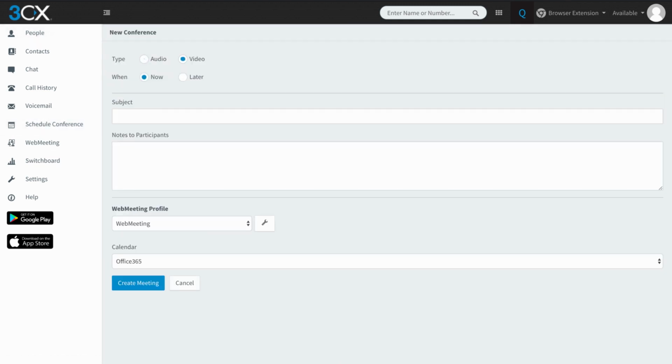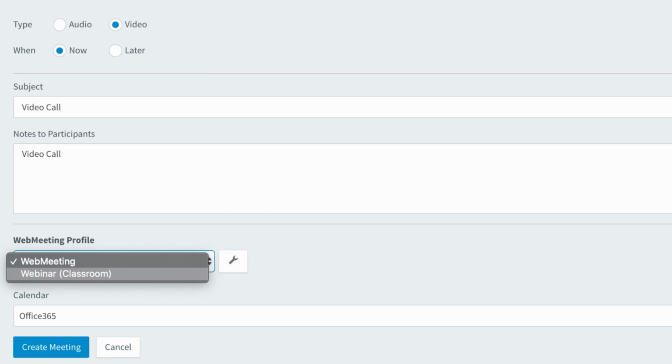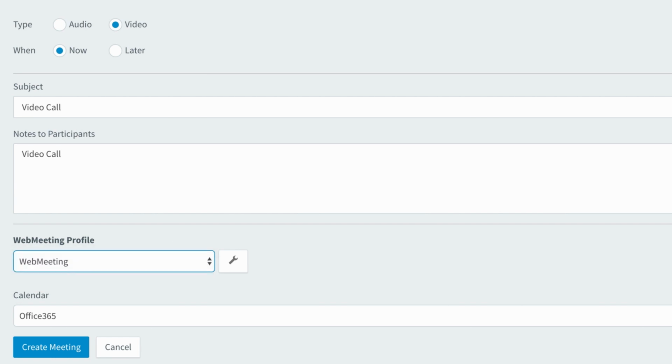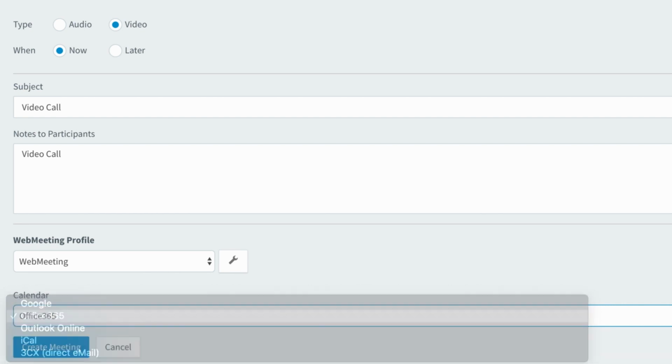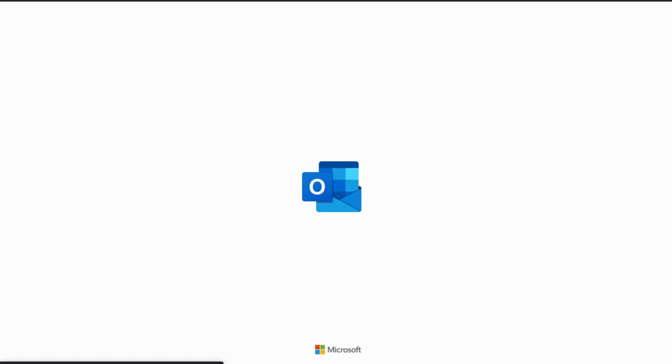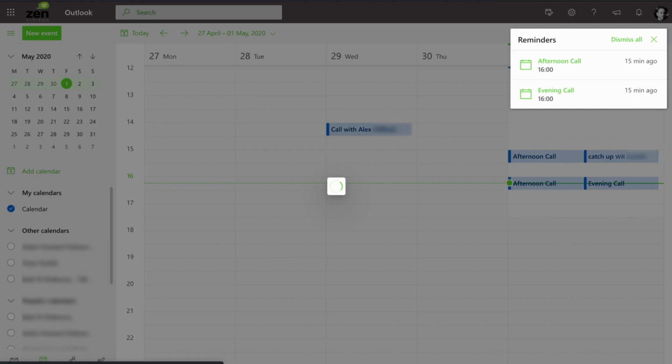We're going to go Video, and we're going to select Now. We'll call it Video Call. Just put the same details in here, and we're going to select the web meeting profile. You have the choice between web meeting and webinar. And under calendar, I use Office 365, and we're going to select that, and then we're going to hit create meeting. What happens when you hit create meeting is that it opens up your Office 365 as a tab,